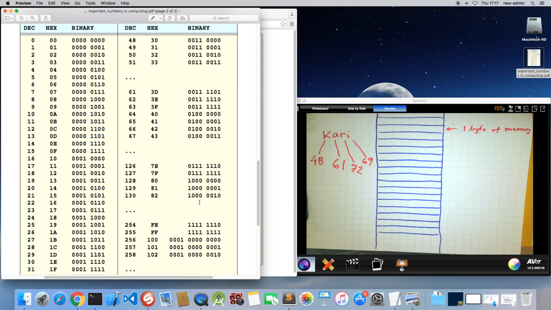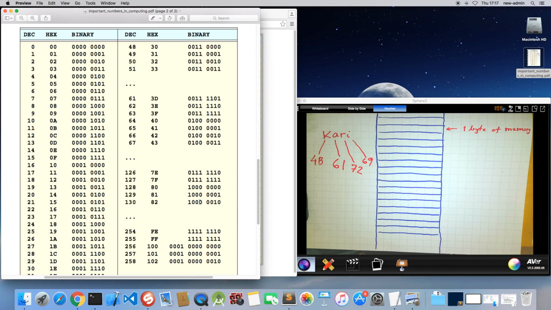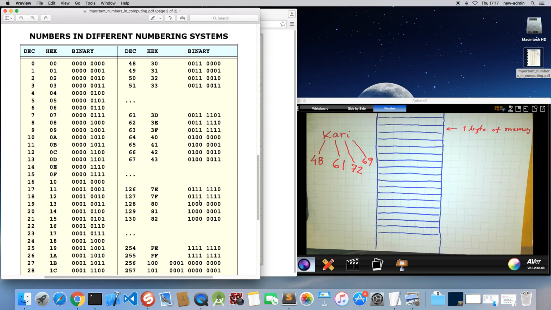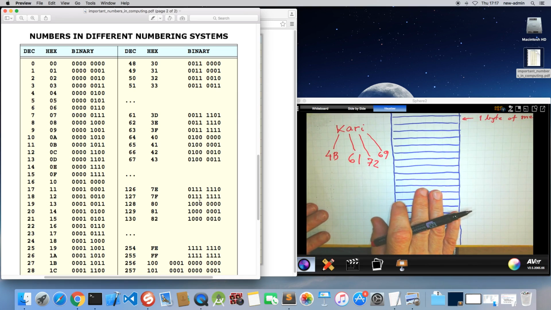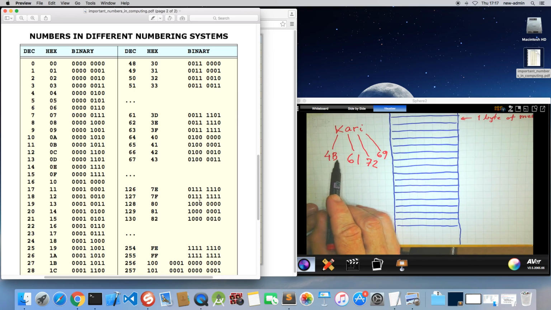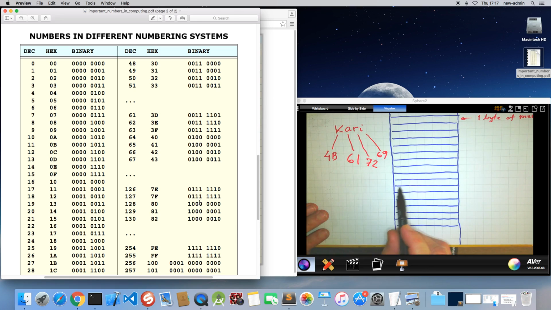I will do this conversion here without explaining it. So let's think that these codes will be stored into these 4 memory locations. So this 4B is then,